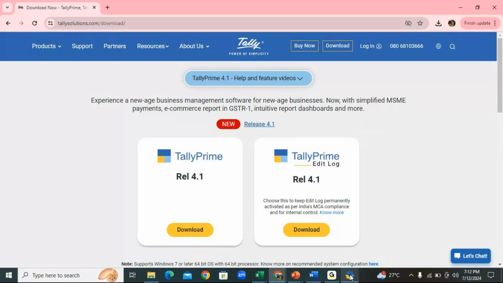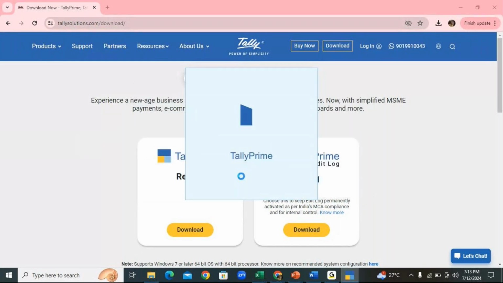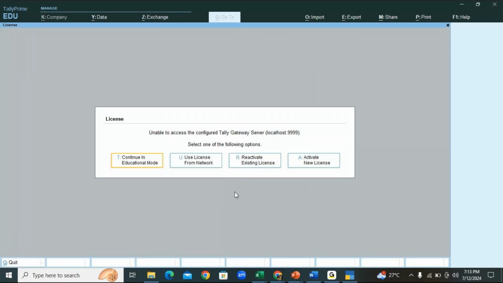Where were we? Okay, this is with everyone, right? The same screen you can see. Now, what you do is you start Tally Prime. You can see my screen now. Click on Start Tally Prime. So everyone has the screen. What you can see here,